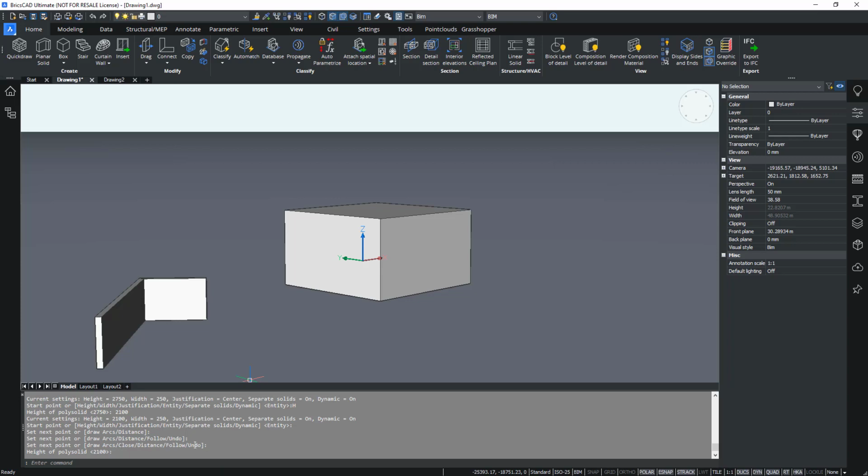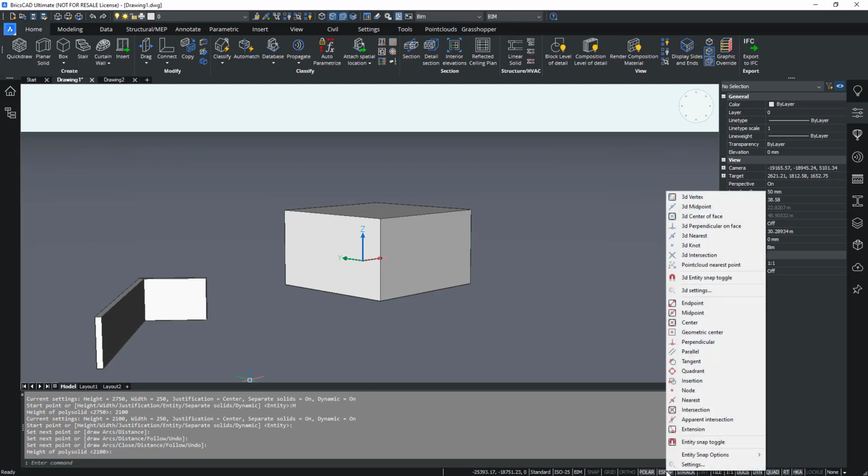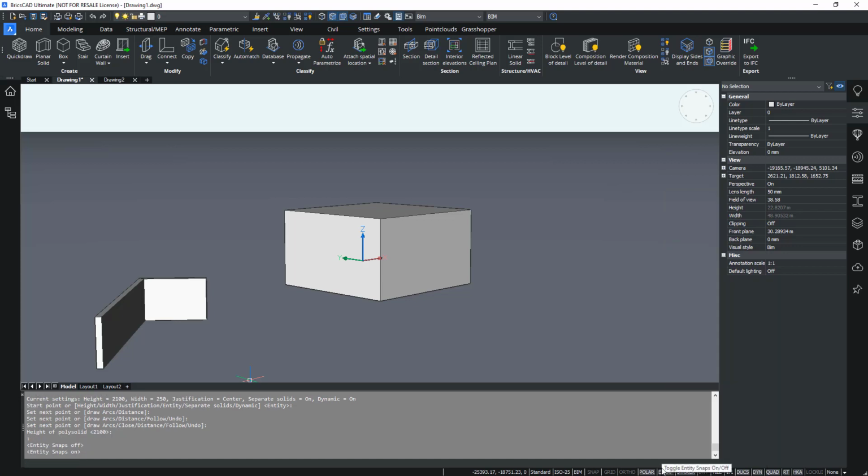And then finally, we already briefly touched upon it, is the status bar. There you can see that it's at the bottom of your BricsCAD application window, and it contains mainly info about settings which are on or off, such as the eSnap setting, which you can also right-click to see more options, and you can toggle them easily by pressing them with a left click. Okay, so that was it for the interface.